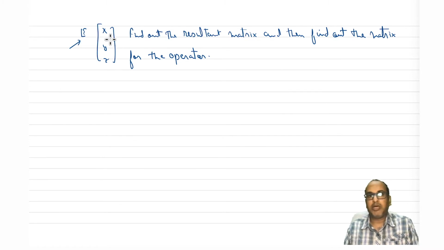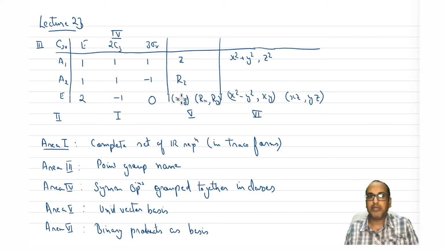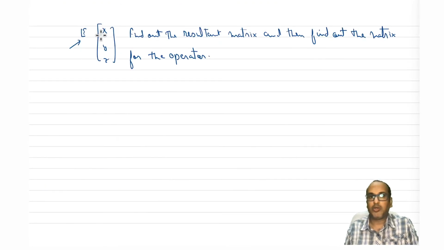The point to remember is that, to start with, we don't know whether a particular representation would be one-dimensional or two-dimensional, or whether it will be degenerate with respect to xy or xz or yz. We don't know to start with. So that's why we generally take xyz together and then we reduce it. Then we see which two vectors are going together and which one particular basis set is going separate, right? So for example, in this case, if we see that xy would not be separable, so xy would form a 2x2 matrix corresponding to this, and then this will be a 1x1 matrix. This case we have already seen, right?